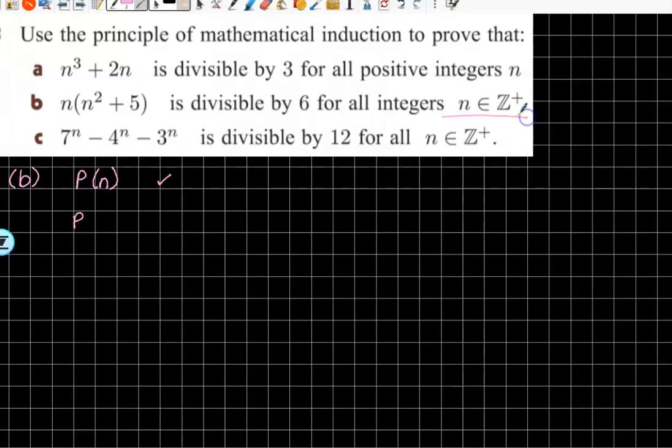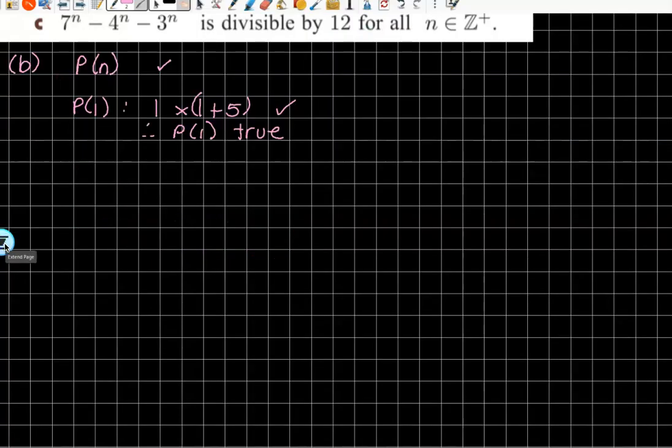What is it that we're doing for Pn? Positive integers. So P1, is it true? 1 times 1 plus 5. True? Yes? All right. So we actually just want to get to the maths for this bit, because our lesson is nearly done, and this is a nice one. So assume PK is true. We are assuming